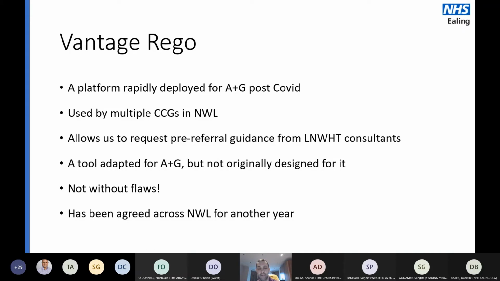So any feedback you have, either directly send it to Vantage via the dashboard, which I'll show you later, or you can let me know and I can liaise with them. I'm constantly liaising and giving feedback on this. So as I said, this has been agreed across Northwest London